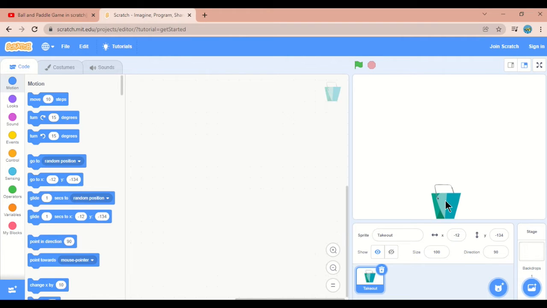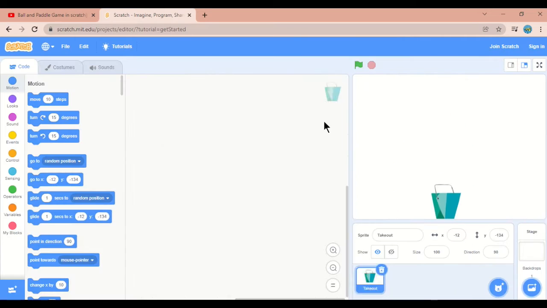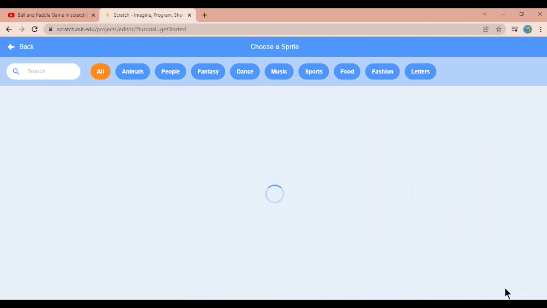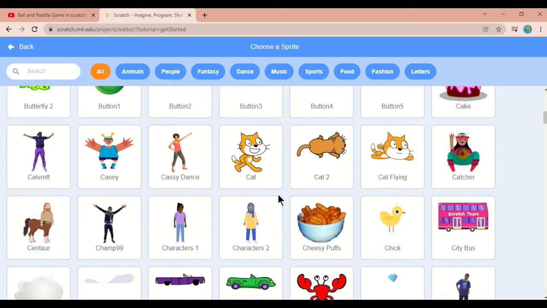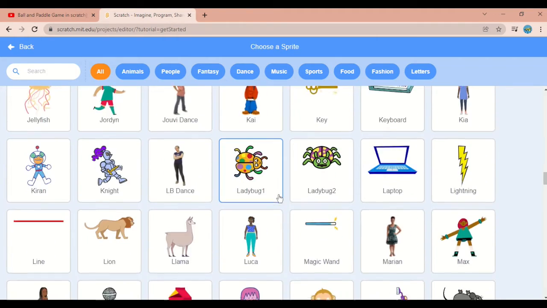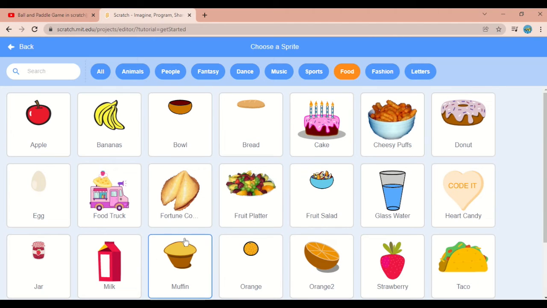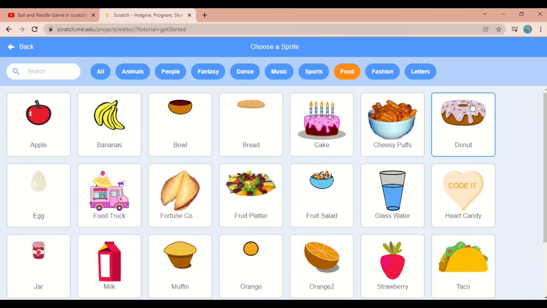So once you place your catcher, we have to add some objects too. I will choose some food first, an apple, then I will choose banana, then I'm finding a donut, so I'll go to food and choose donut.